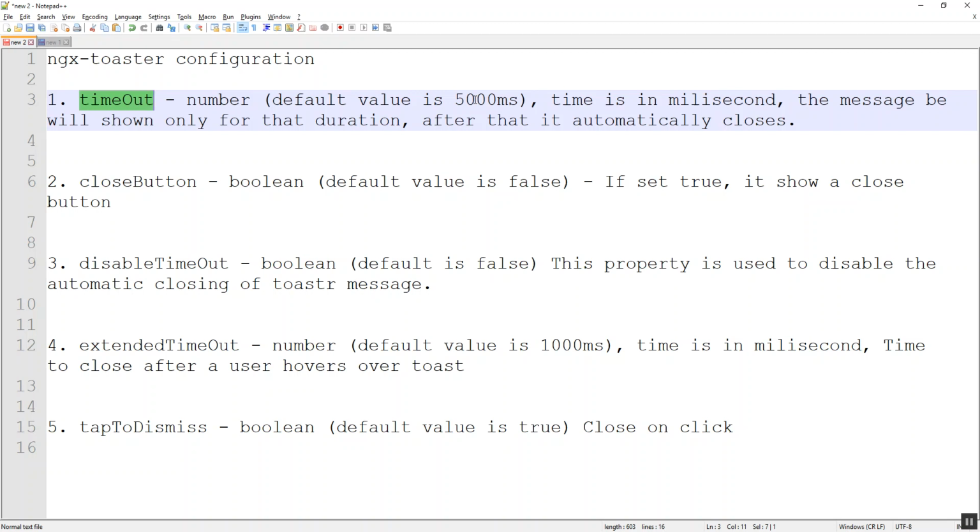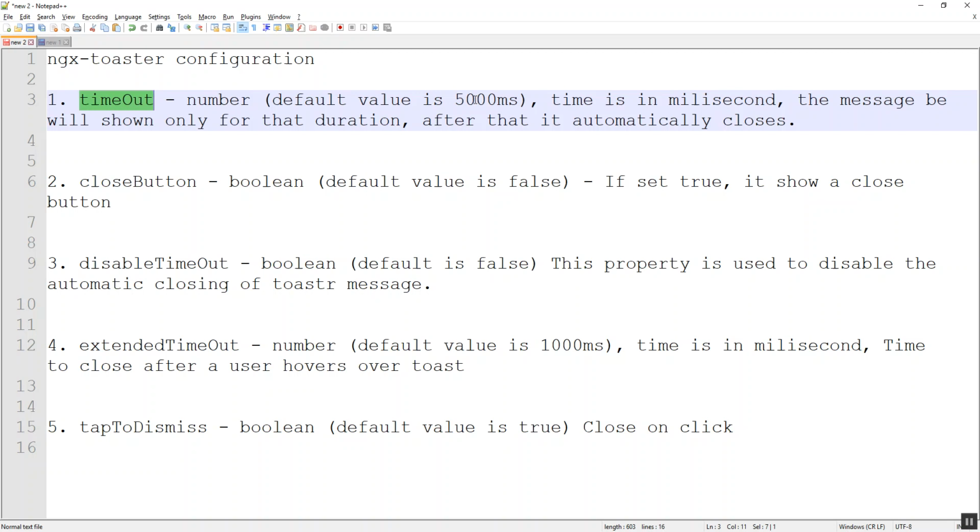If we are not specifying it, it will take 5000 milliseconds, and after 5 seconds it gets closed. So if we are overriding this value with this property, say if we are giving 2000 milliseconds, then it will get closed only after 2 seconds.